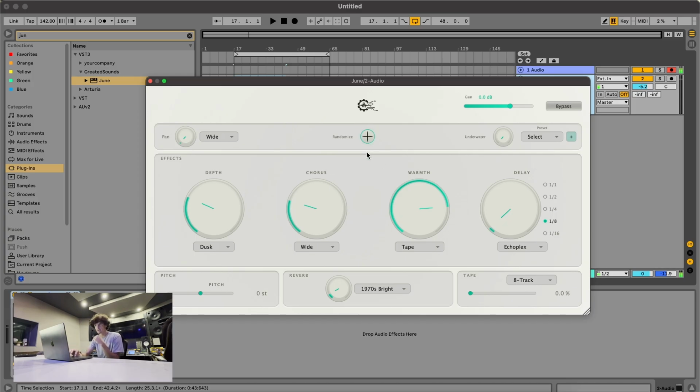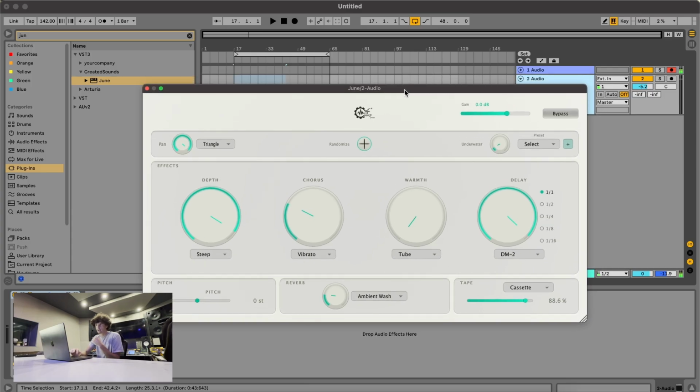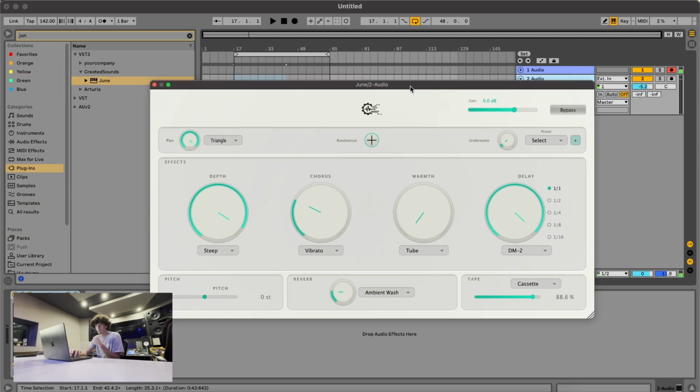So basically this button right here is the reason I made this whole plugin. It's a randomize button, and every time you click it, it randomizes everything in the plugin. It totally randomizes it, and that allows you to be as creative as possible without having to worry about understanding what you're doing, which I find a lot of plugins lack, and I honestly don't really know why that's not a more common thing, but it's really the entire reason I made this plugin and why I made my company